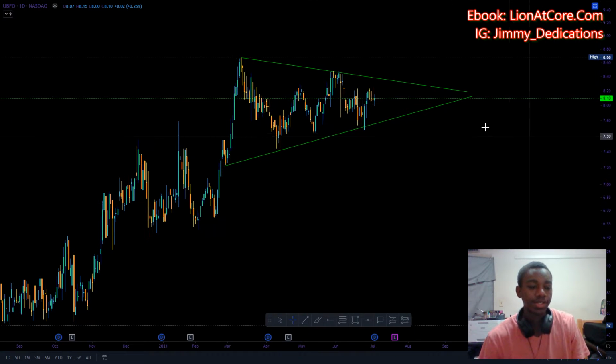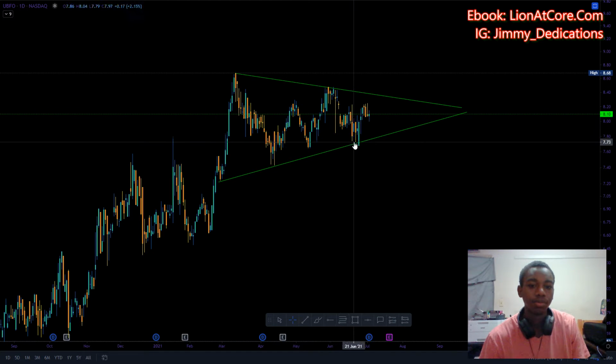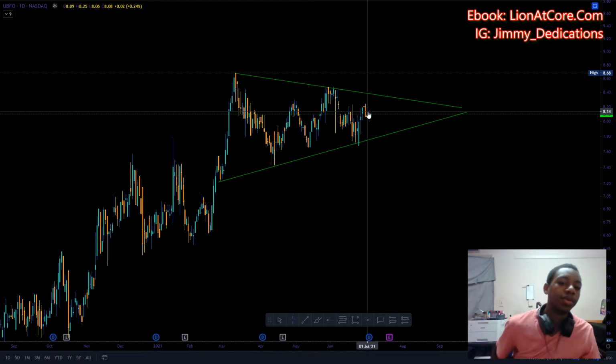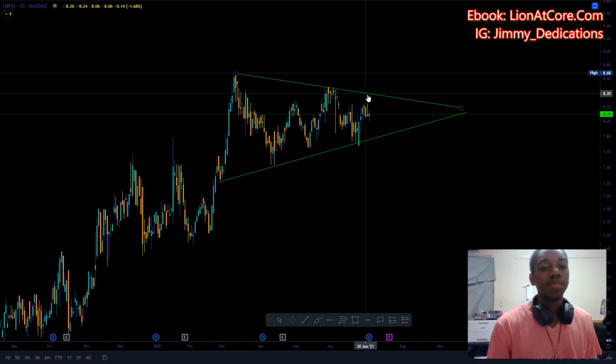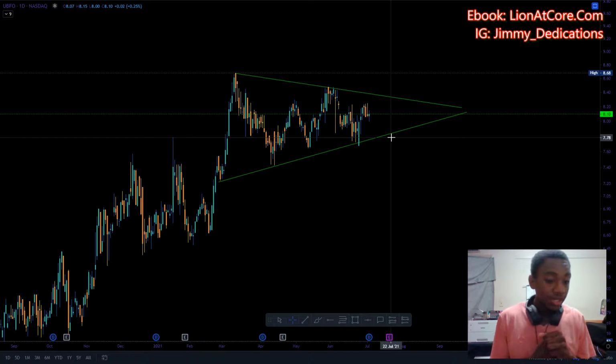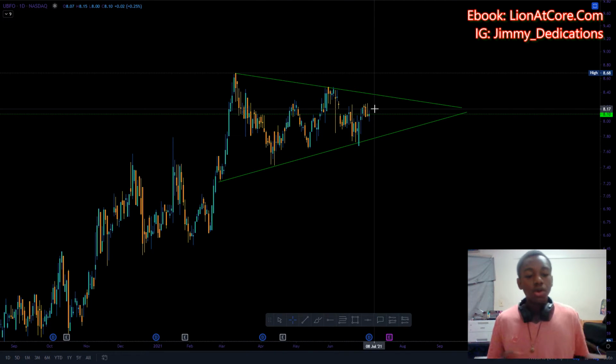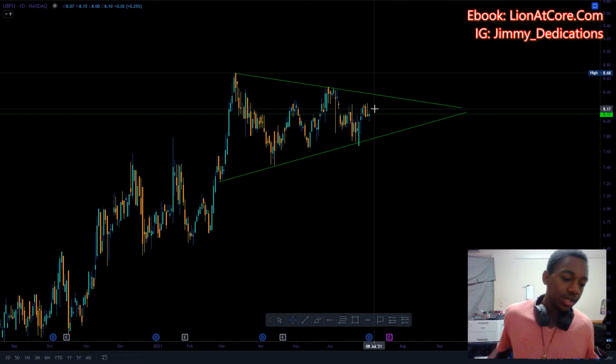So now you see prices bouncing in between this. Boom, boom, boom, boom, boom, boom. It's up here in the middle. So usually when price gets to the top, it drops. When it gets to the bottom, it goes up. So you can play inside the triangle, which is when you play inside, you just playing inside. Or you can play on the outside because you know